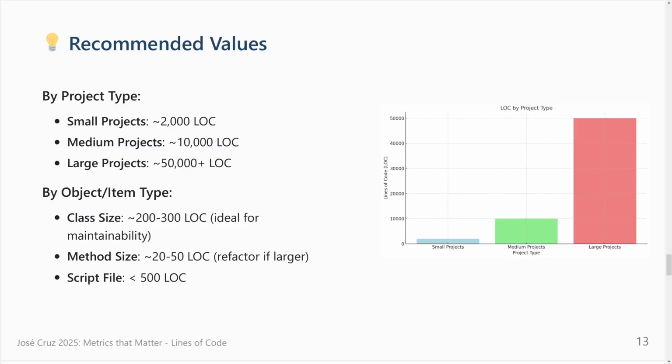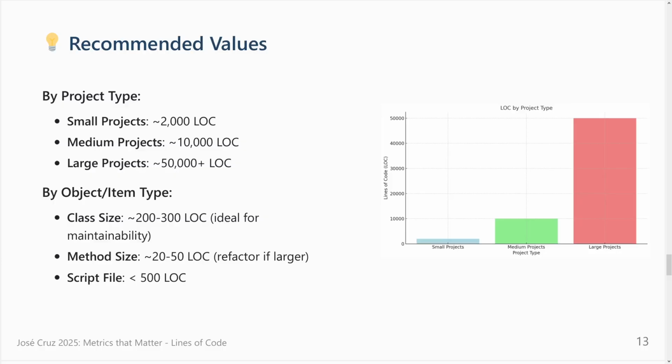Method size, no more than 20 to 50. I agree with this value. I once spent, let's say, 50% of my time as a craftsmanship person on projects. And I always said to people, if you are developing a method, I should be able to see all the lines of your method on a monitor. Of course, you might have a 4K monitor, or you change the layout of the monitor from landscape to portrait, so you can have more lines. It was an inside joke in the company. But usually between 20 and 50, I think it's a good measure for a method.